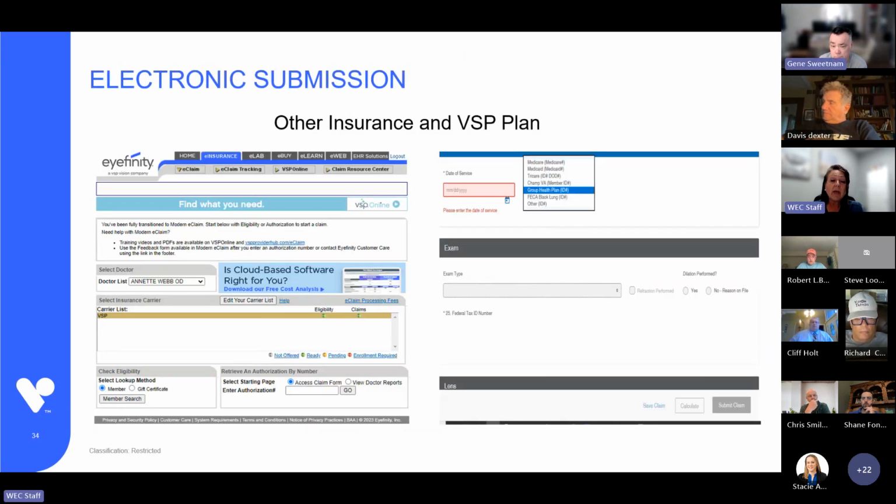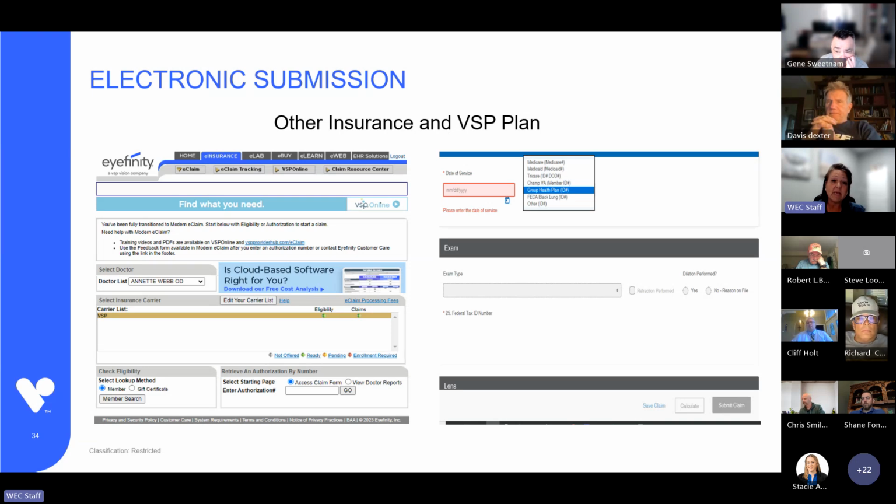So let's show you how to submit the claim with, this is an e-claim. In my practice, we bill the major medical as primary just through my practice management system, okay? Then I come to Eyefinity and I coordinate the benefits for the essential medical eye care and the WellVision plan, okay? Now, there is something that my biller automatically knew and had forgot to tell me that I had